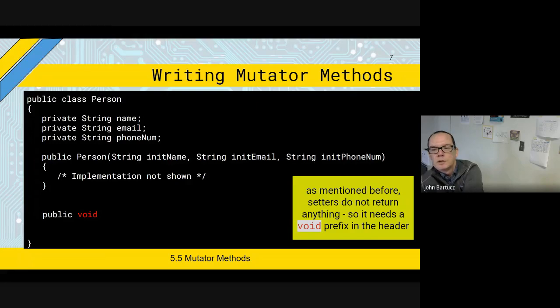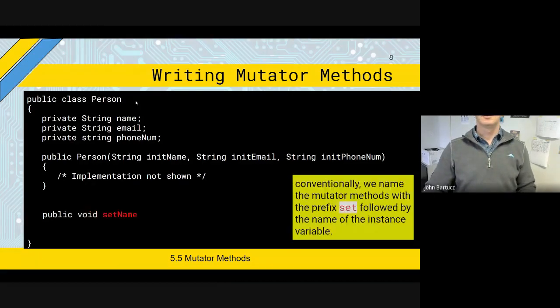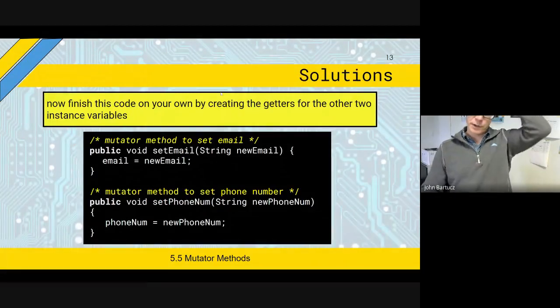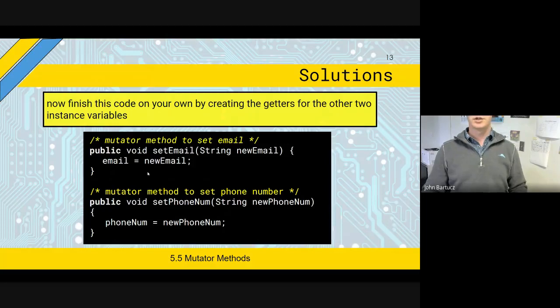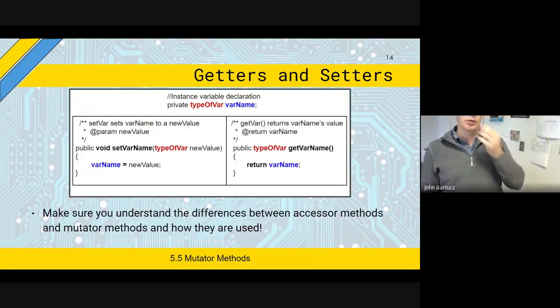All right, I want to keep going because this is pretty straightforward stuff. I feel like you guys are going to get this. So we've done this. You've written your own. These are the setters that you guys figured out, or at least you did email, but phone number is the same. So this is the general template that you might see